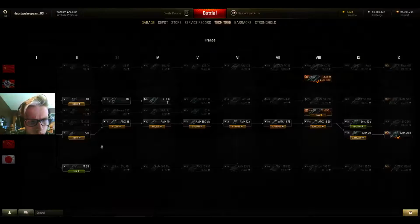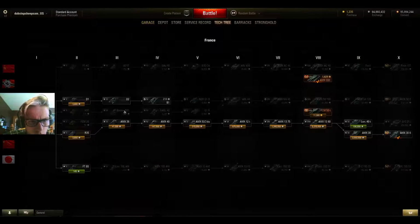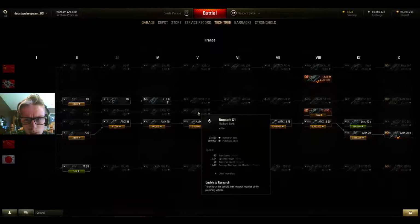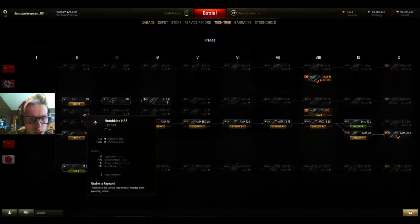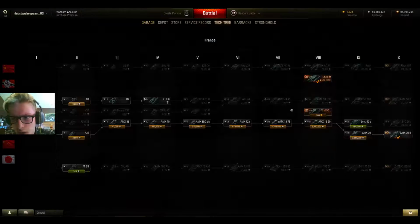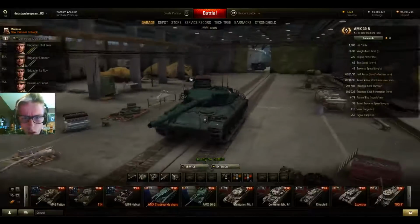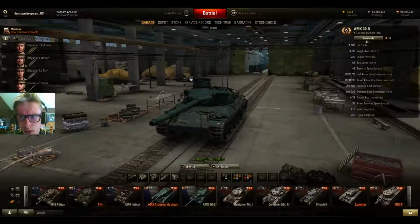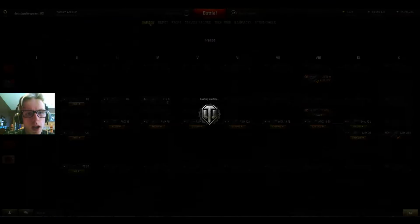If you look at the French tech tree, I believe the R35, the Somua S35, the SARL, the G1R. These are all new. I believe this is new as well, the Hotchkiss H35. And also at tier 9 and 10 you get the AMX 30 and the AMX 30B at tier 10. And that's what we're reviewing right now, the tier 10 French medium tank, the AMX 30B, with its rifled 100mm gun, I believe it is. Yep, no, 105, sorry. Or not rifled, why did I say rifled? I'm used to the Japanese tanks. Anyway, it's got the 100mm gun,